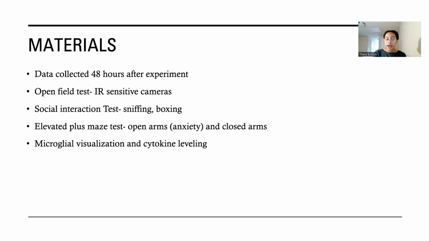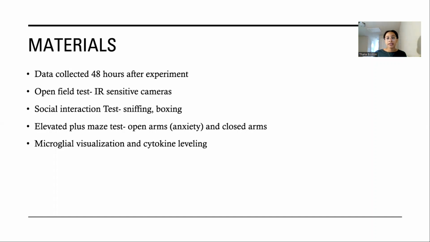Then in the social interaction test, they want to see how the test subject reacts with a novel subject. In this situation, the test subject is the Long-Evans rat, sorry, that's also a mouthful, and they see how it reacts with the Sprague-Dawley rats. Do they nudge against each other? Do they sniff each other? Do they box? What boxing means is that they nudge their heads against each other, which is kind of interesting because I couldn't really imagine rats boxing, but that's how they identify it. So they want to see how those two subjects react with each other.